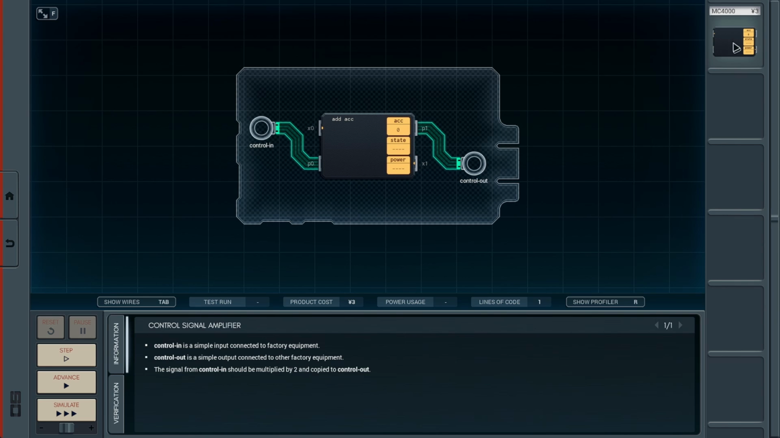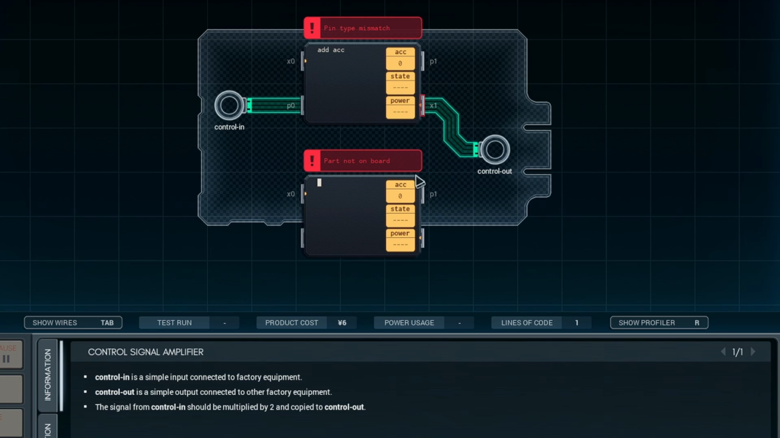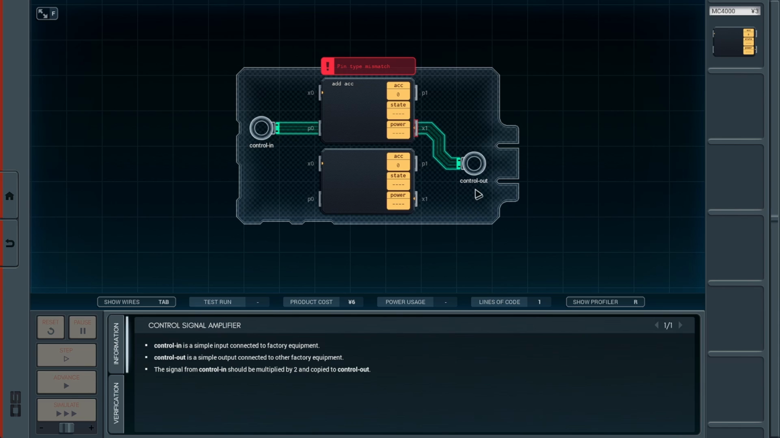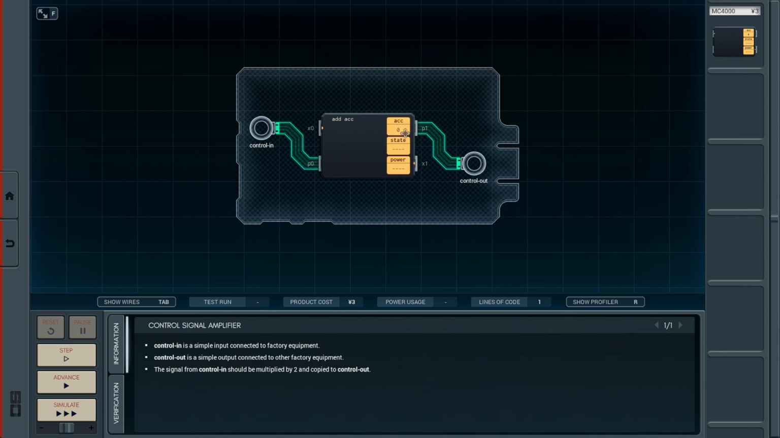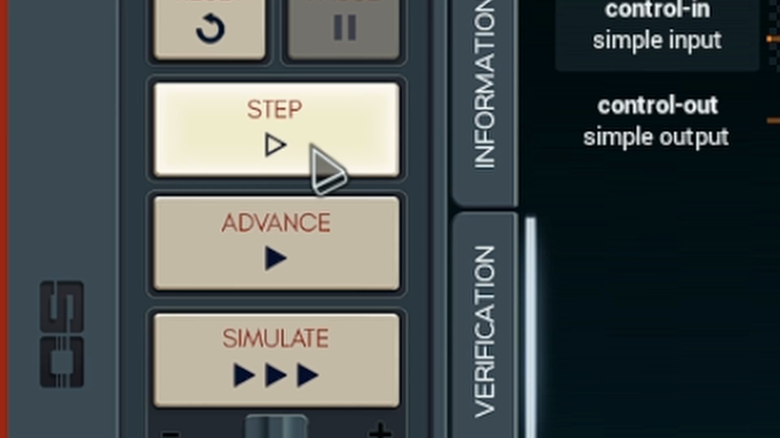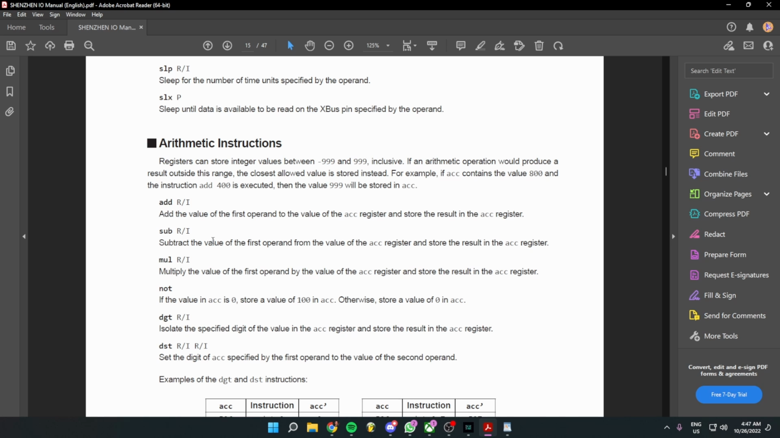Problem for me though is, can I move this? I can, because I am going to need 2 of these. Am I wrong, or pin type mismatch? Wait, what? Oh, well, this is going out to this, so this is not going to work then. Okay, so add ACC. Then whatever comes in. Oh god, wait, hold up. I'm currently reading this, which makes me believe that I want to do this, because it adds whatever comes in